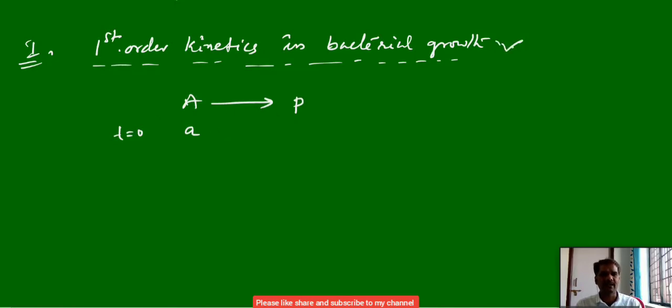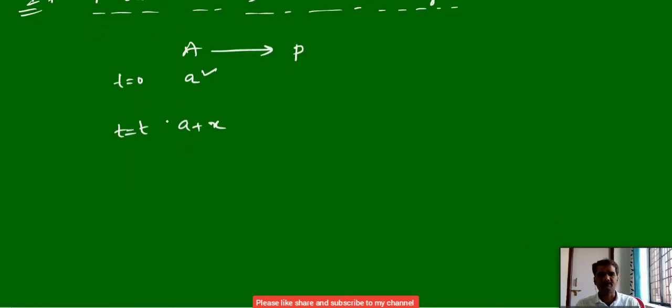But in the case of bacterial growth especially, instead of the concentration of the reactant decreasing, the concentration will increase. Why? Because the growth will take place. Bacteria will develop every minute or every hour. So at a time t equal to t, the concentration of reactant will be increased. How much? Let us assume some x. Initial concentration is A, but at a time t some bacteria growth happened here. So for this we have to identify the integrated rate equation.